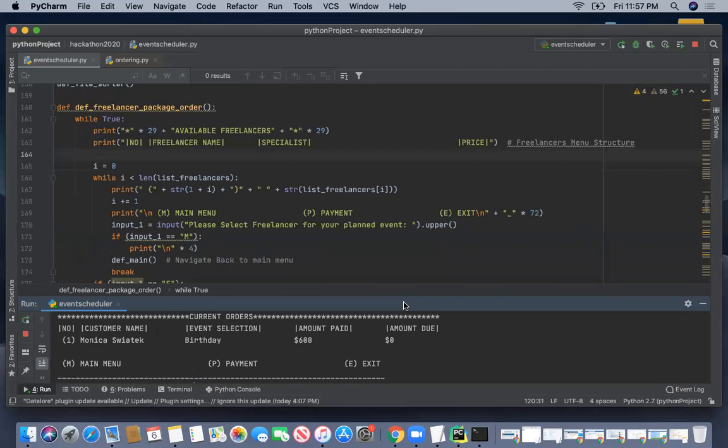Our idea is that the kiosk is going to maintain this. The customer can approach the kiosk and open the system, and look at which freelancers, events, and packages are available. He can choose based on his selection, and it will navigate him to those screens. The system is also capable of storing the customer information and the amount paid, so that it's going to be really useful.